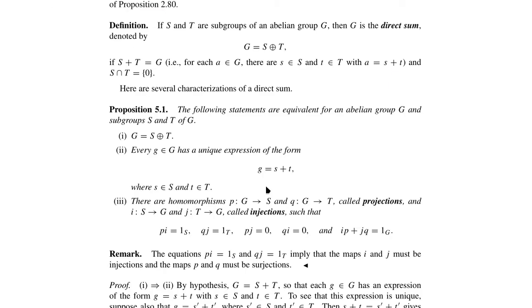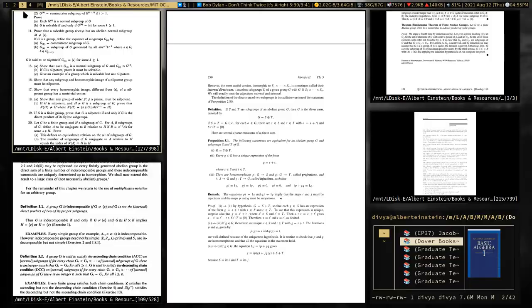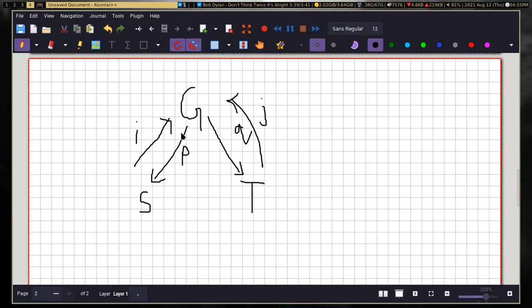It was that PI is identity on S. So PI is first you do I. So first you go from S to G, that is I, then come back to S with P. So PI gives you the identity on S. Do the same for here. You do Q, J, you get the identity on T. Then